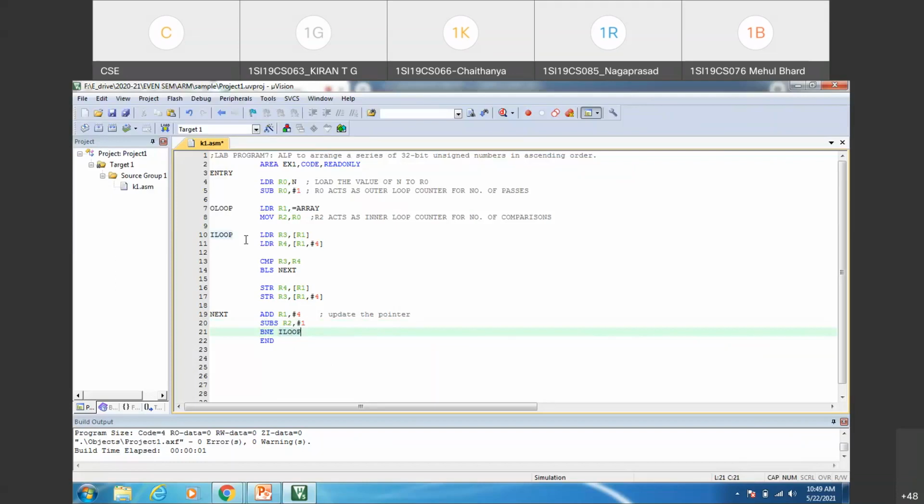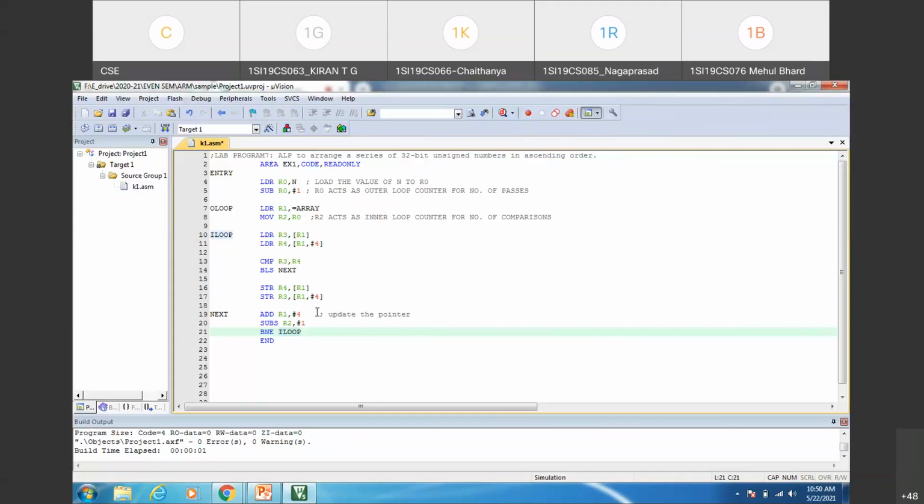Where does the I loop have to be defined? Actually, you were supposed to answer this, but while writing the loop instructions I've already labeled it I loop and O loop. So this is the inner loop where we have to define it. If the counter value is not 0, control will be transferred to I loop, where we'll go for fetching the next two consecutive elements. Since the R1 pointer is updated by 4, for the second iteration R1 will be pointing to the second element in the array. So the second element is fetched and stored in the R3 register, and the third element from the array is fetched and stored in the R4 register.